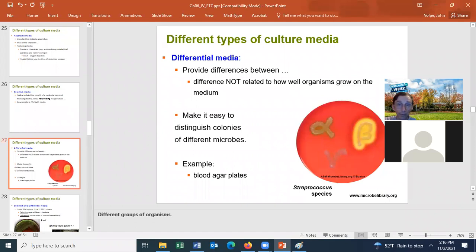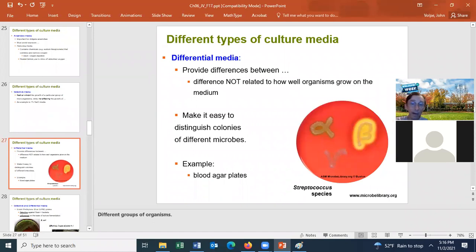There are also differential media. These media provide differences between different species growing on the media. The differences are not related to how well the organism can grow on the media. It may just distinguish the colonies. They may have different characteristics or different colors when they grow on the media. An example of a differential media is blood agar, and that allows us to distinguish between the different types of hemolytic activity